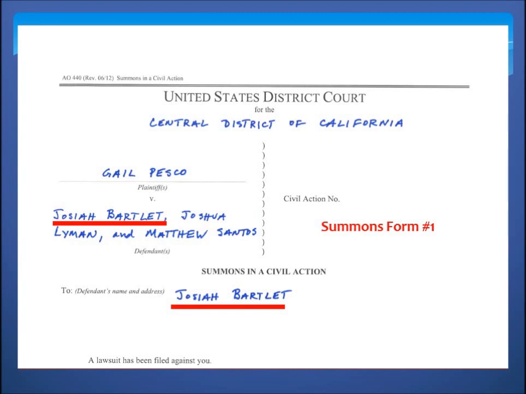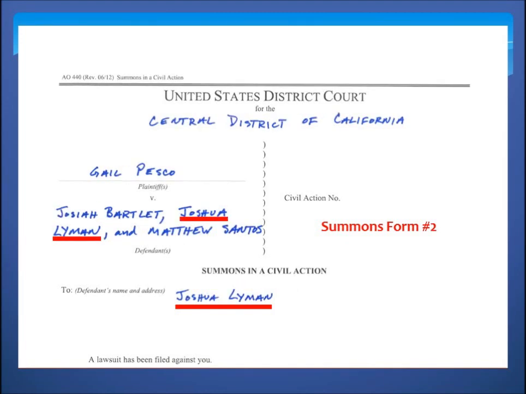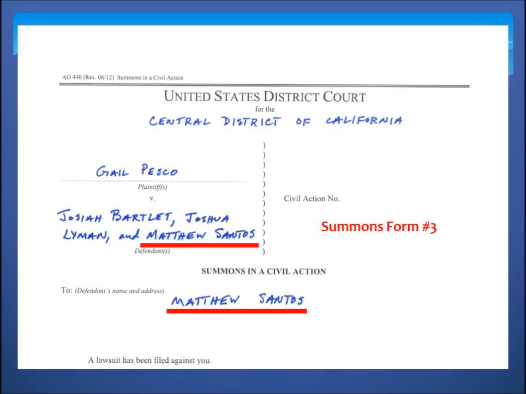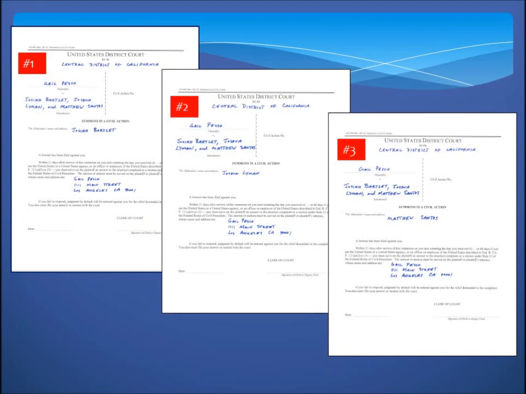Now, in the Addressed To section, she fills in the name of each defendant on a separate summons form. This summons is addressed to Josiah Bartlett. Gail addresses the second copy of her summons form to her second defendant, Joshua Lyman. And Gail addresses the third copy of her summons form to her third defendant, Matthew Santos. And here are all 3 of Gail's summons forms, one for Josiah Bartlett, one for Joshua Lyman, and one for